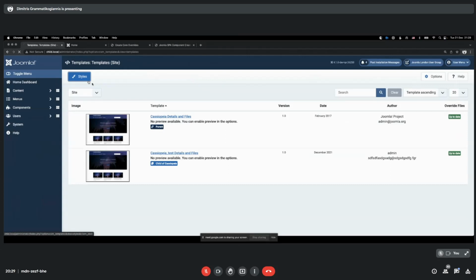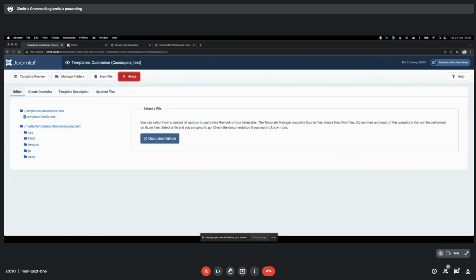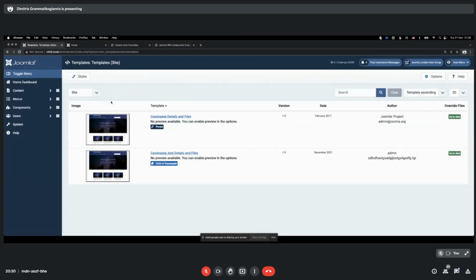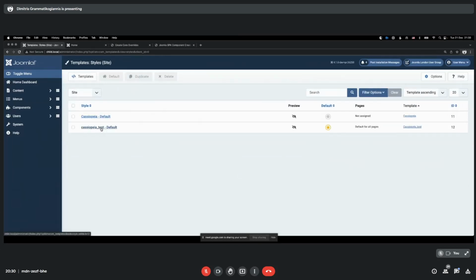So basically, we did the same, and I guess nothing changed. I mean, now the template that I'm using is the Cassiopeia test, which is the child, which uses exactly the same. Nothing changed, right? But the interesting part here is that if I go and say create a new file,